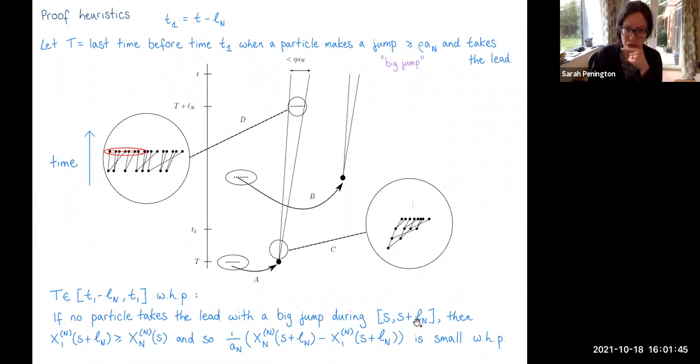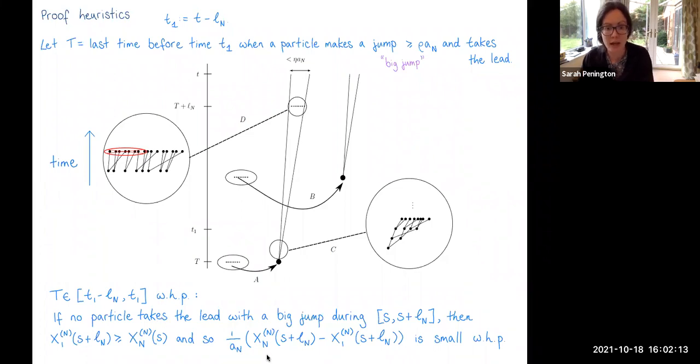Now we can use our warm-up lemma, which says that x1n of s plus ln is always at least xnn of s. So the position of the leftmost particle a time ln later is always at least the position of the rightmost particle. If we use this and the assumption that no particle takes the lead with a big jump,